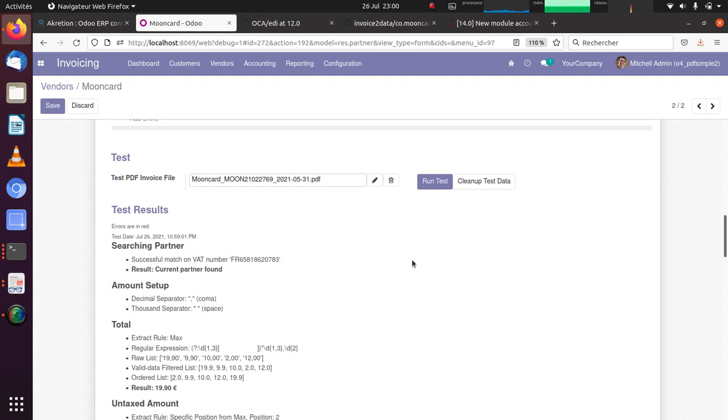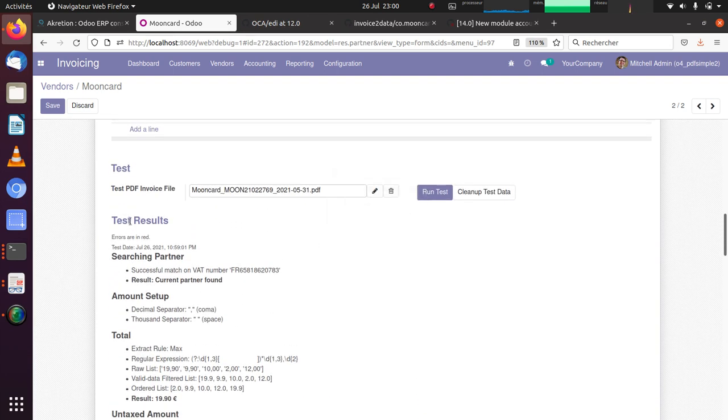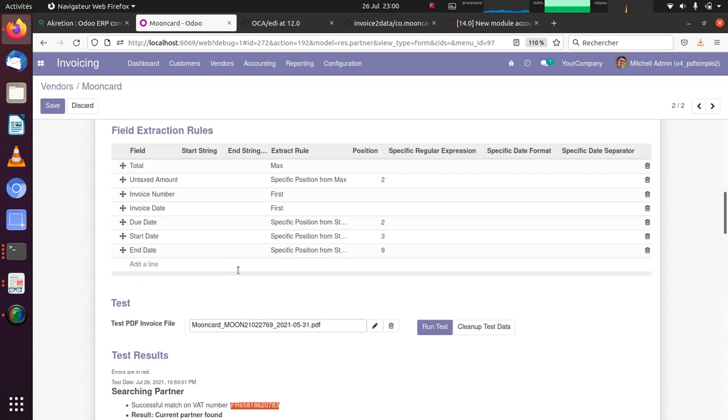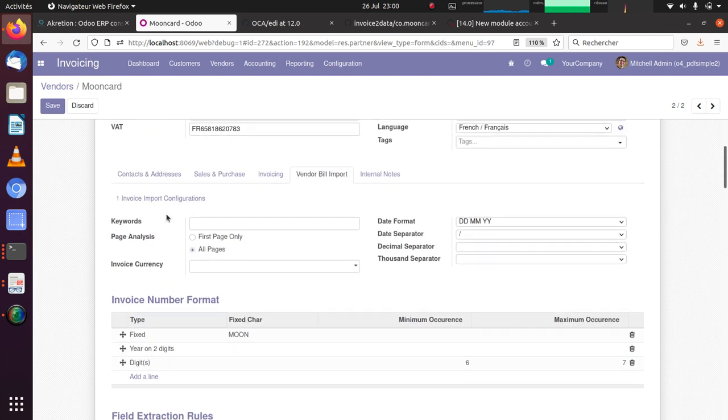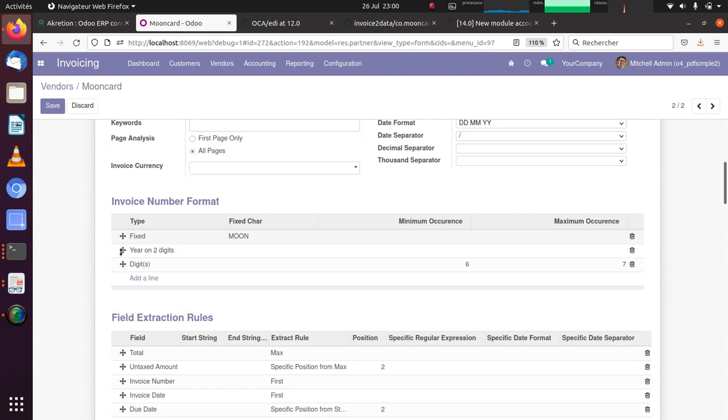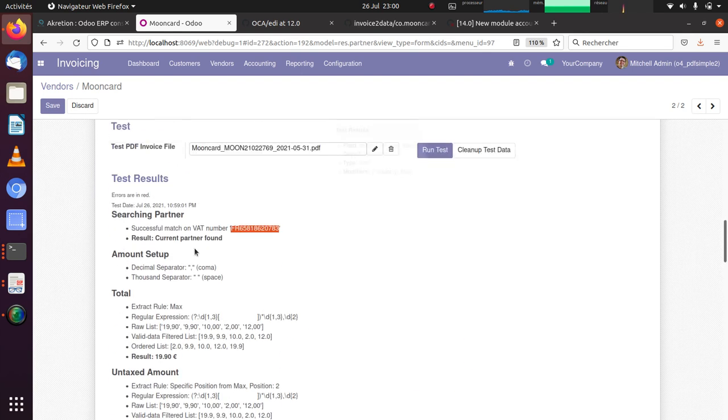Okay, let's look at the test results. First part, searching partner. It tells me successful match on the VAT number. Remember, we didn't set any keywords, so it was using the VAT number by default. It found it in the raw text extraction. Here, for partner matching, it will use the raw text extraction without spaces, after removing spaces.